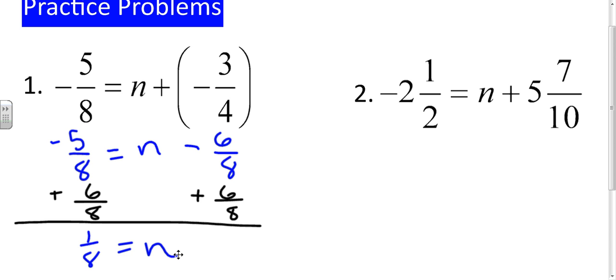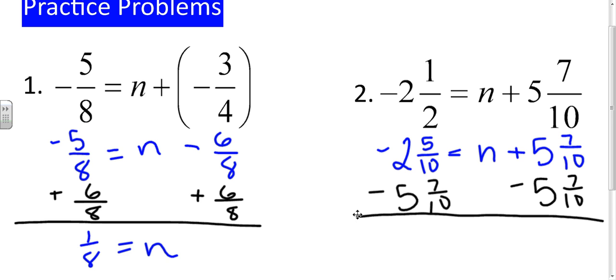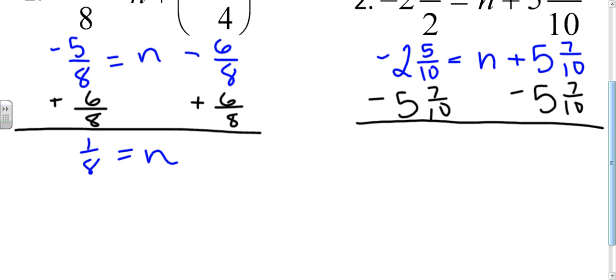Next here, I'm going to just rewrite this with a common denominator. So negative 2 and 5/10 equals n plus 5 7/10. This positive 5 7/10 is the constant on the variable side. So that is what I want to subtract. And again, we want to consider this carefully here. If I have a negative 2 minus 5, that gives me a negative 7. And then I also have a negative